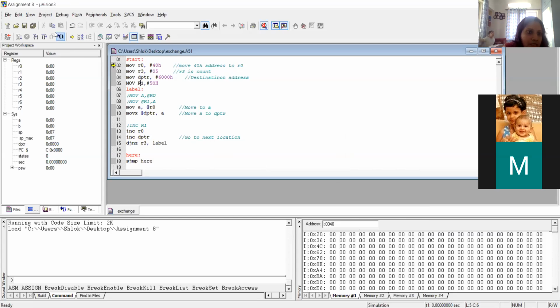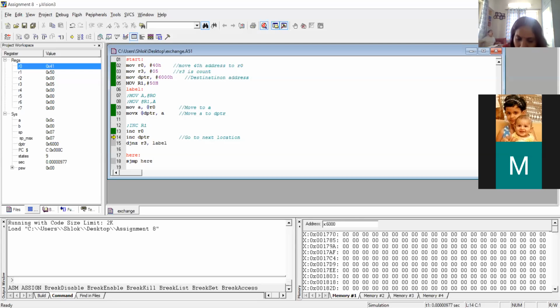Now I just say step into, and now it's moving to a memory location called 6000. So how do I get that external memory access? You just say X colon and then 6000. Okay, so that's the memory location. You are able to see the different memory locations. From this you have to select 6000. So 6000, where you will get it like this here. Now this is a series of 5F.